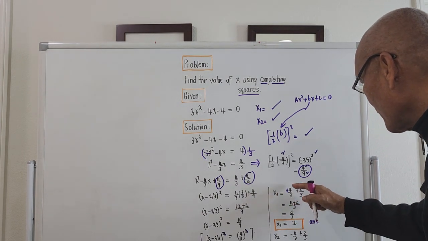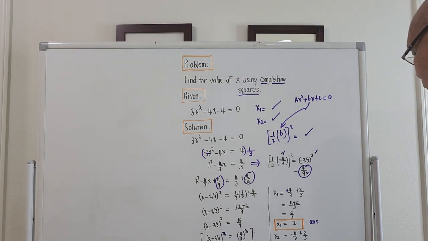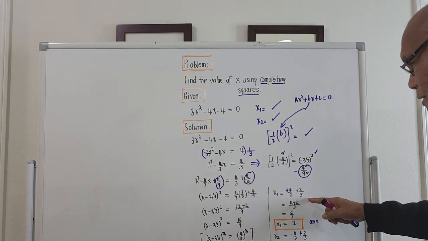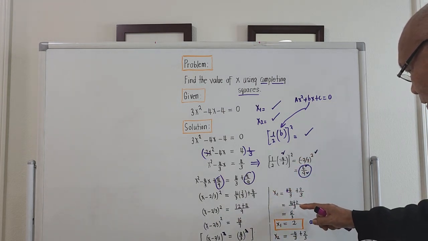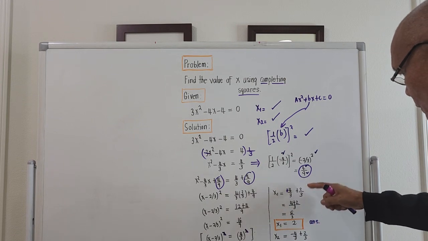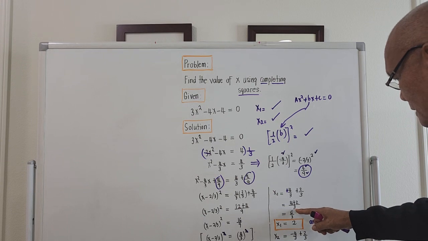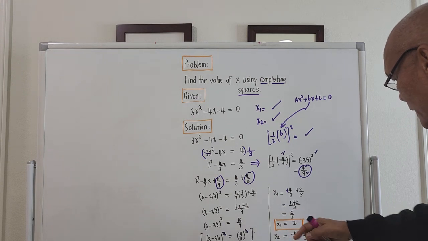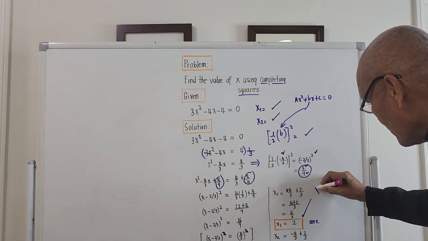x1 now will be positive 4/3 plus 2/3. Okay? This is 3 and 3, and we are adding two fractions with the same denominator, so it will be under the same denominator 3 plus the sum of the numerators, which is 4 plus 2. 4 plus 2 is 6 divided by 3, so x1 will be 2. It's a real number,